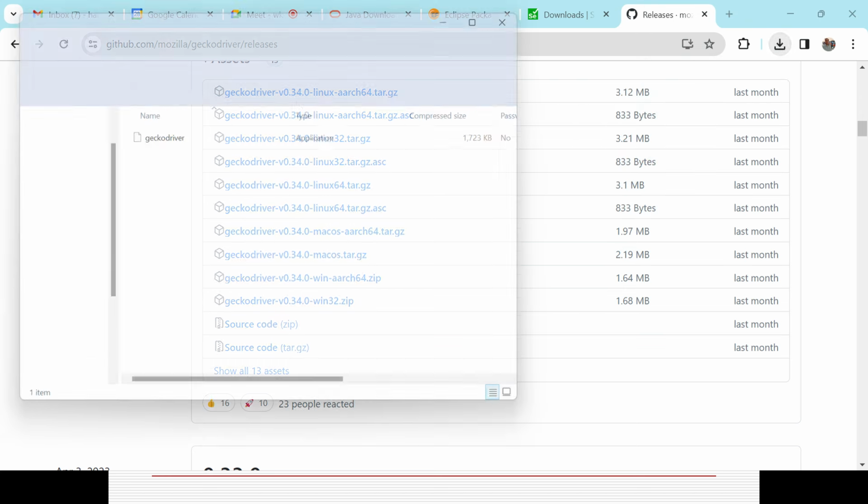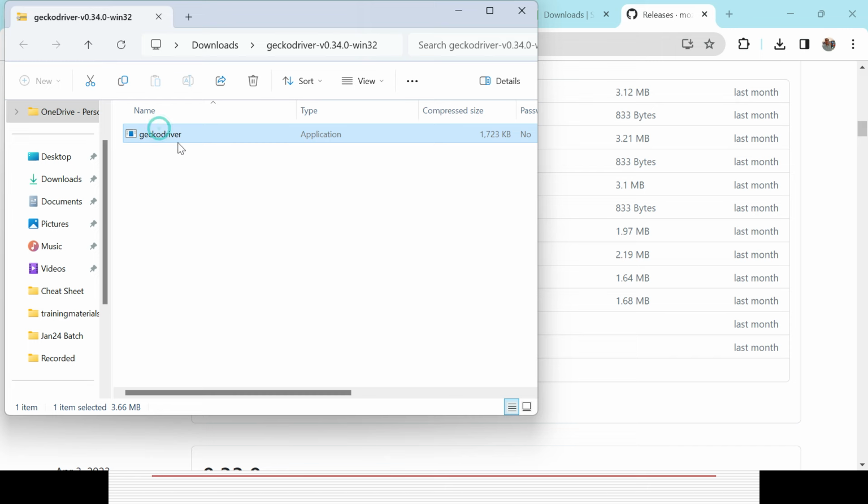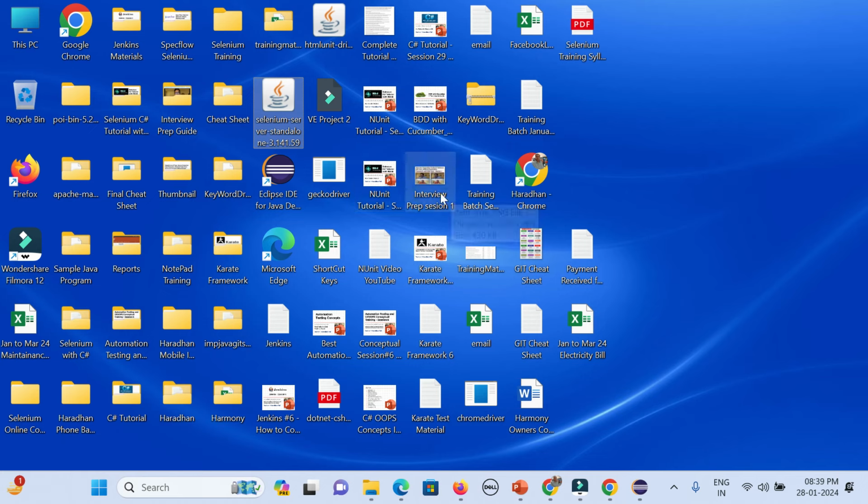okay, you could see there's a Gecko driver, right? That particular thing is there. You can just copy and paste it in any of your drives. Okay, this is my Gecko driver. Now you can go with that. So my four configurations are done. Java is required, Eclipse is required, then I need to download my jar file, and then I would require the driver for my relevant browser. In case it is a Firefox browser, it will be Gecko driver. In case it is a Chrome browser, it will be Chrome driver, like that. So this is the fourth thing I need to do first.